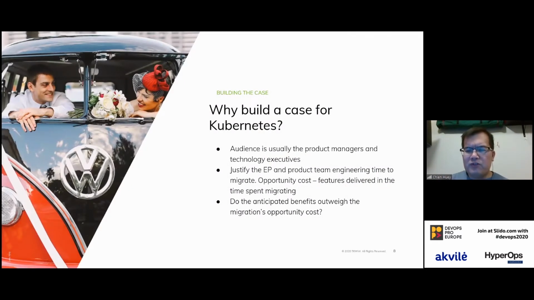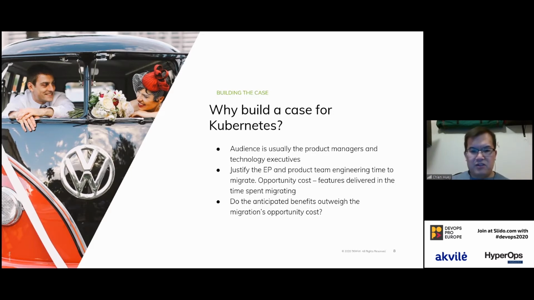So for Kubernetes, that's especially why we had to make a case for it. The audience for this is usually the product managers and the tech executives. In terms of tech executives, it's the VP of engineering or your CTOs, and then the product managers. And you might ask, why do they get involved? At least in how the Not Worldwide operates,